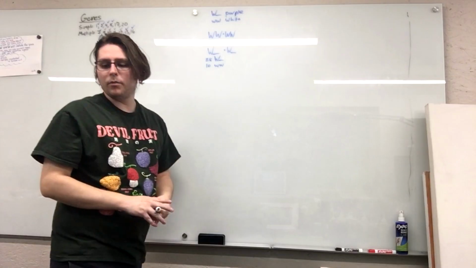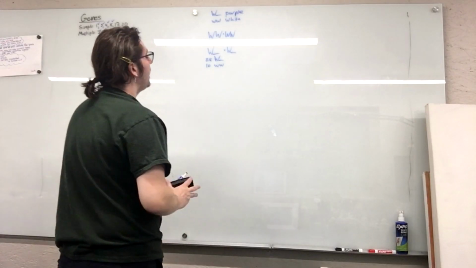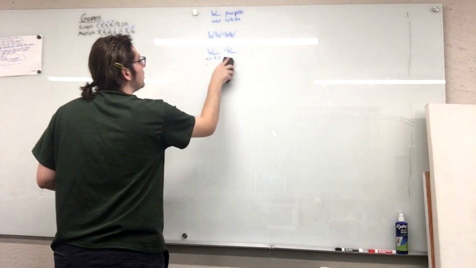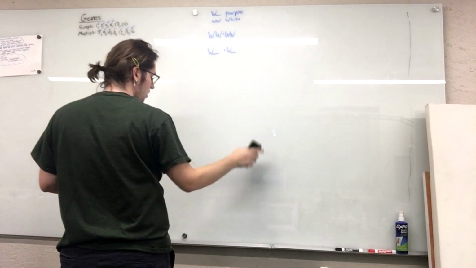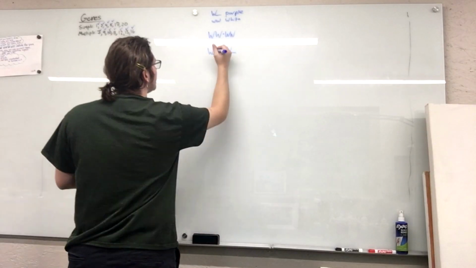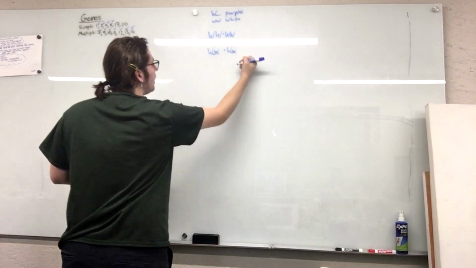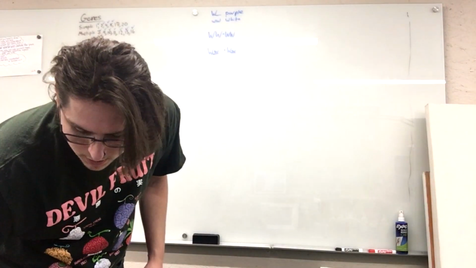There would be no way of getting any progeny that is white or recessive. So, the answer to this is that we have a heterozygous individual